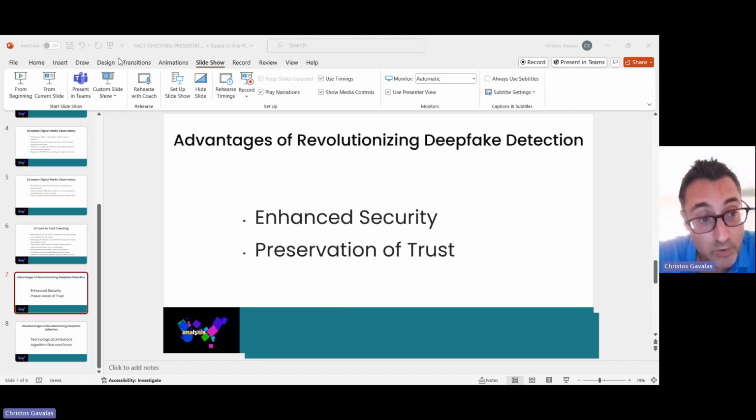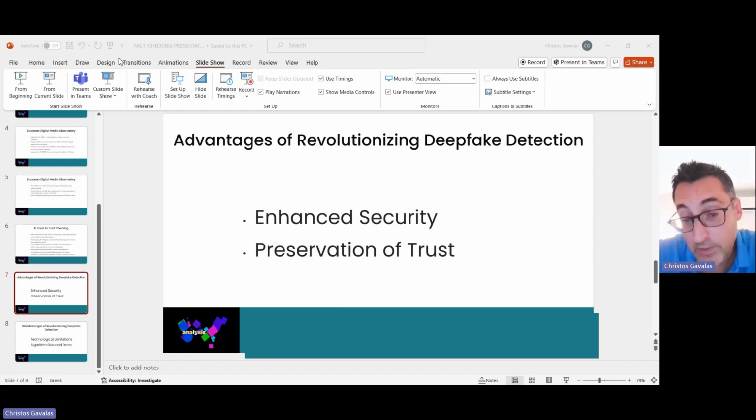When we're talking about advantages, of course, the enhanced security is key, because by leveraging AI for deepfake detection, organizations, newsrooms, individuals, researchers, you name it, can bolster their cybersecurity defenses and mitigate the risks posed by malicious manipulations of digital content.